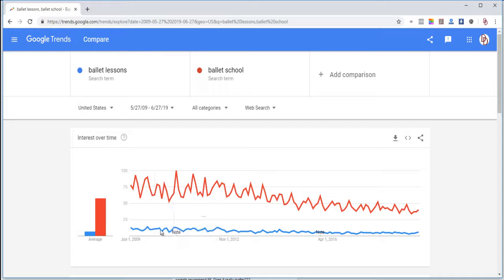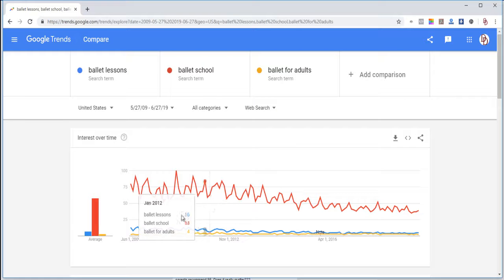And that is a lot more popular. Still trending down though, but it is a lot more popular. So what you might actually get from that is you'll say, well, I shouldn't just have the word ballet lessons on my website. Ballet school is something else I should have. Google might actually be smart enough to say, well, you say that you offer ballet lessons, therefore we treat you as a ballet school. But maybe it's worth putting in some of those extra terms somewhere on your website so people know about that. Sticking with the ballet thing, let's try ballet for adults